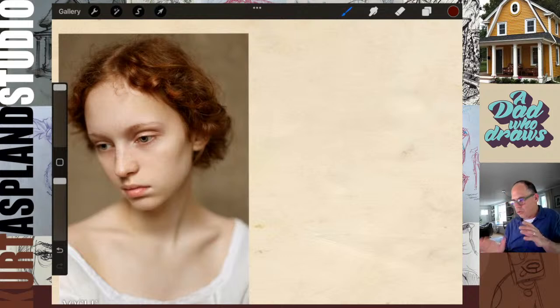Draw it no bigger than the palm of your hand. That's about the size you should be trying to draw these portraits. And then if you have more time, you can always come back and draw it a little bit bigger and add a little more detail, okay?